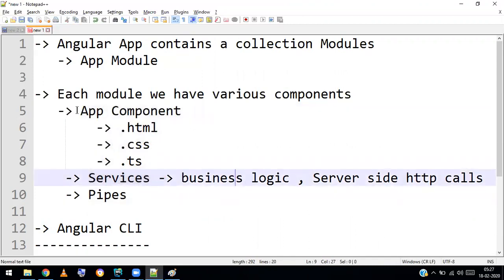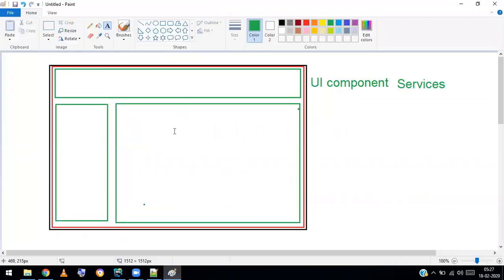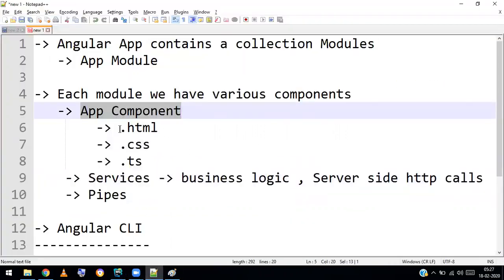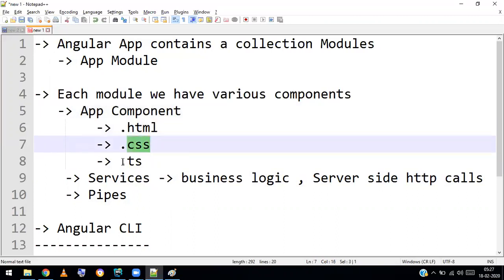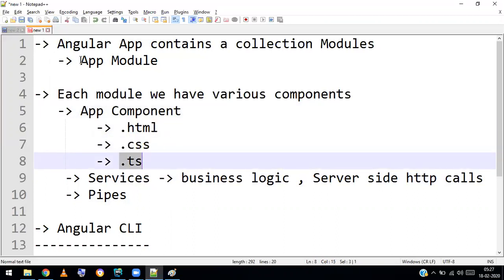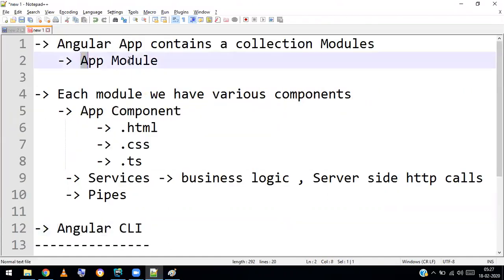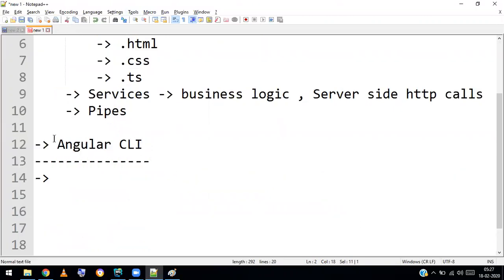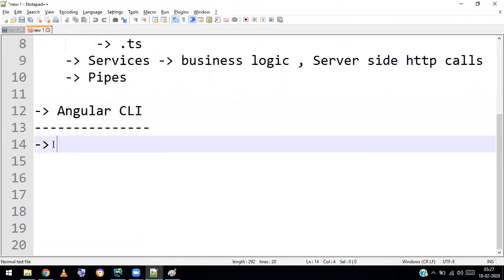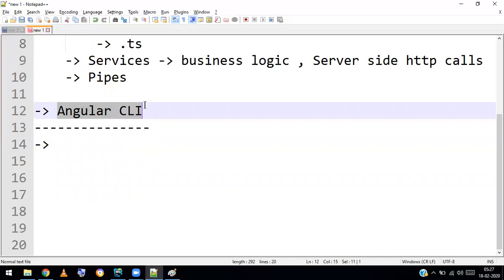Because if you want to create one component, suppose I want to create one navbar component, you have to create your own HTML, your own CSS, your own TS, and you have to configure them with the module. So instead of doing that much manual process, there is a command to create a component that will create all these files and also configure them with app module. So this is the best weapon we have to develop Angular applications in a faster way. Okay, and this is also used to create the complete skeleton, the basic first application of Angular using Angular CLI.